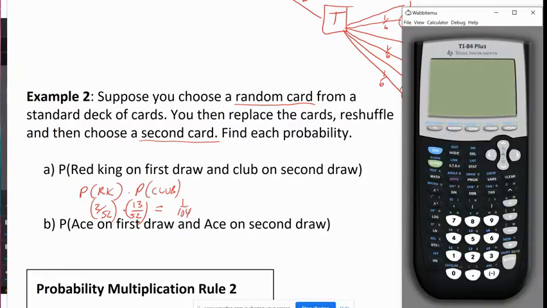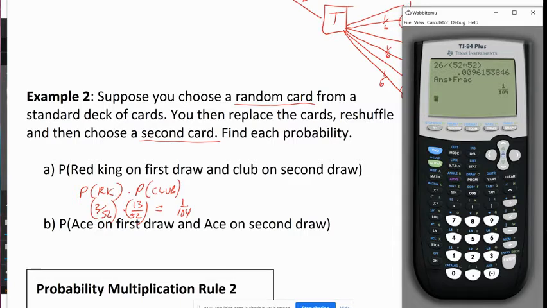I'm going to show you something on the calculator. If you have a TI-83 or TI-84... Actually, I'll back up a step. What I did was multiply on the top here: 2 times 13 is 26. And in the bottom, I have parentheses 52 times 52. That gives me a decimal when I multiply those, and I want to be able to write that as a fraction. So once you get a decimal answer, you can just press math, and the first option that's already selected there is frac. So that's math, frac, enter, enter. It changes that decimal into an equivalent fraction if possible. It's not always possible, but in this case, the calculator is able to write that as the fraction 1 over